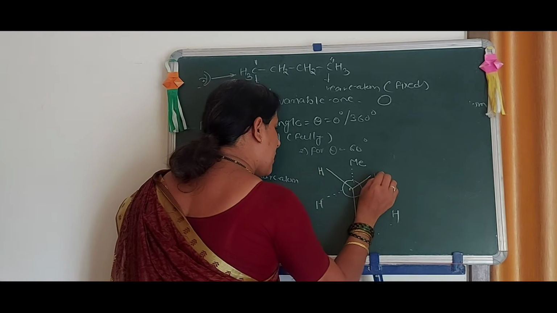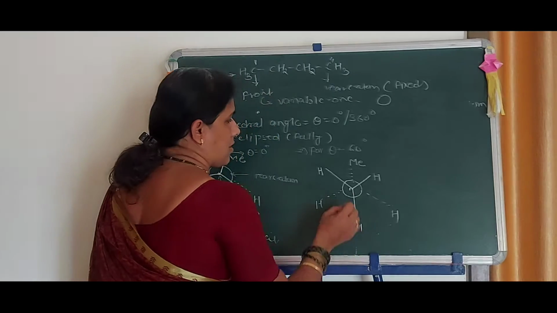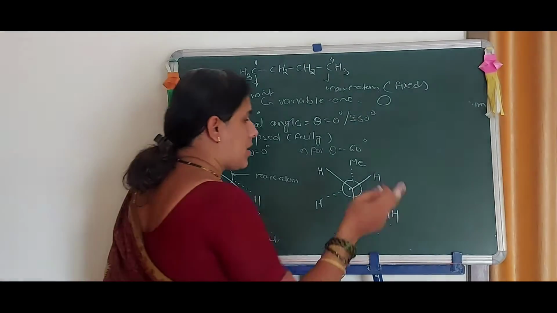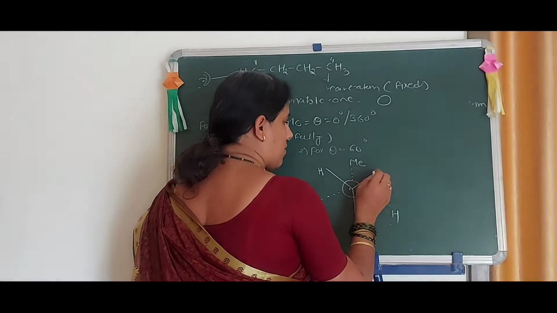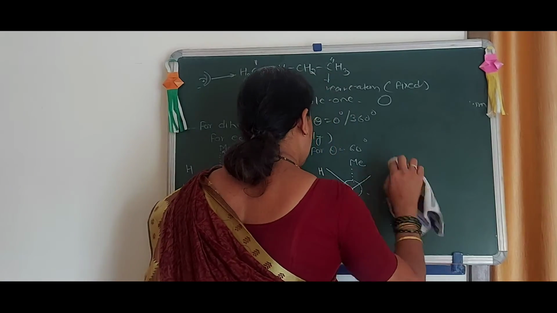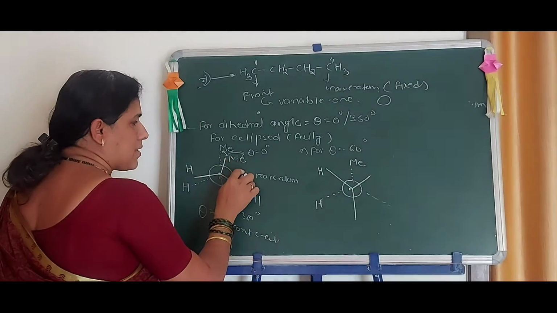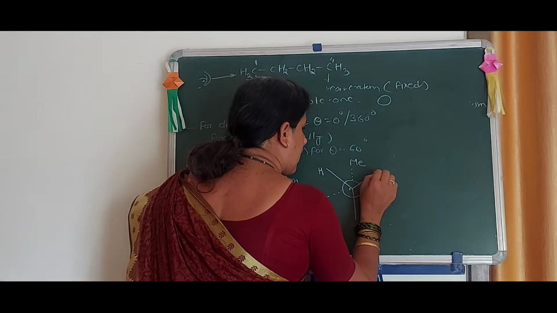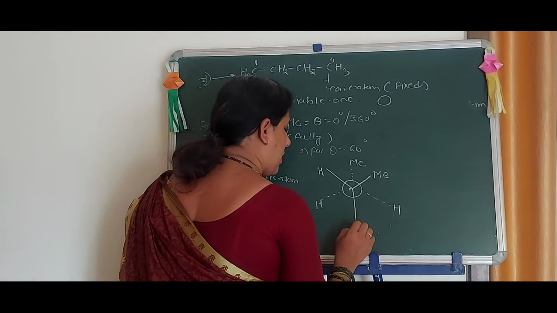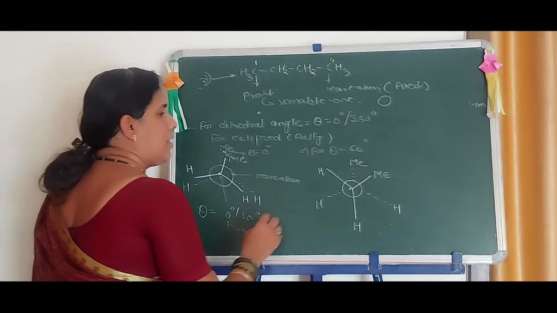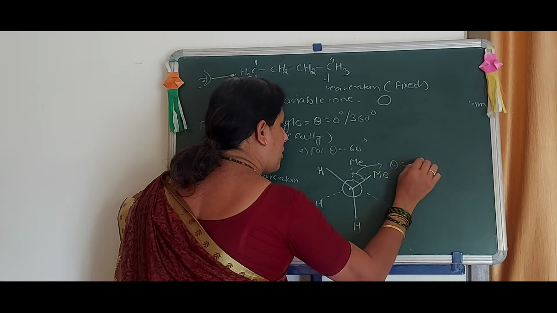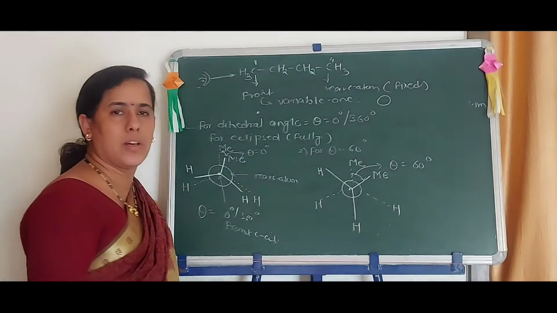Okay, H and here H, here H. Therefore, I can overwrite these angles, that is, which hydrogen we have to fix here. Again I am drawing here this, which is a Me. Now 60 degrees, here the angle is equal to 60 degrees, here equal to H, okay, here equal to H. Therefore this angle corresponds to theta is equal to 60 degrees, okay.